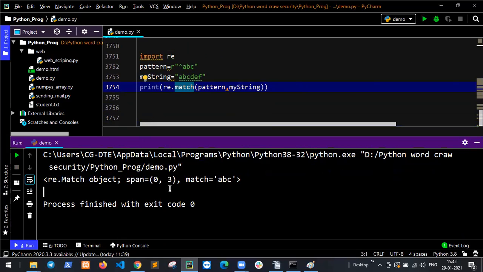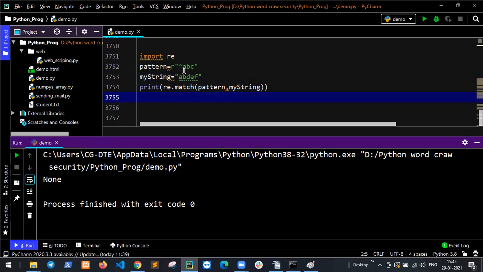Span means starting 0 to 3, so all 3 matches started at 0 and completed at 3. ABC are matched. But if C is not defined in my string and it runs again, the result is None.